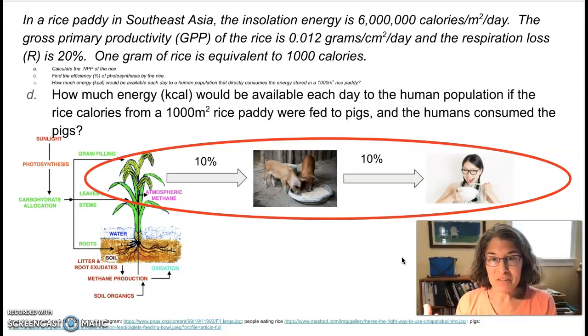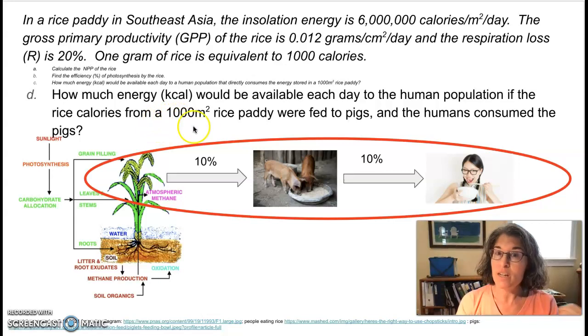Just when you thought it couldn't get more complicated, remember that humans oftentimes are omnivores. We don't often just eat at the primary consumer level, even though we're always a heterotroph. In this case, this part of the question is asking us about what if humans are a secondary consumer in this ecosystem of the rice paddy. So the question is asking us how much energy in kilocalories would be available each day to the human population